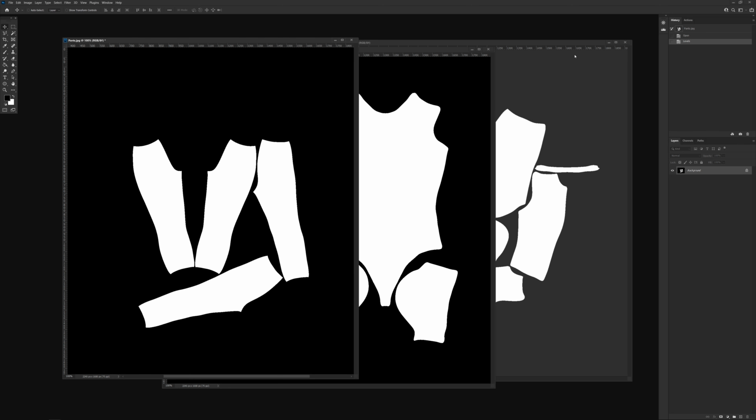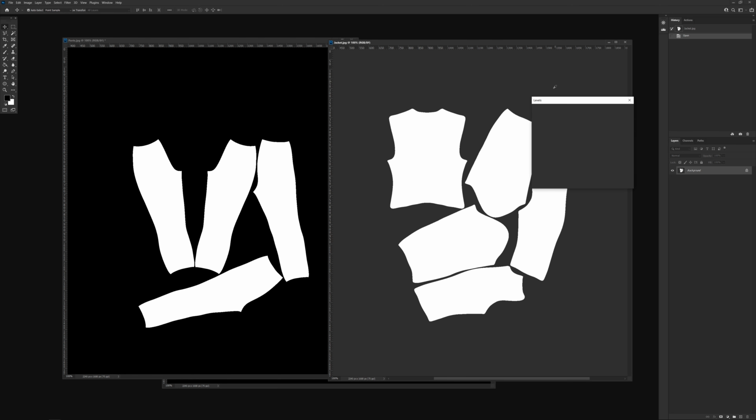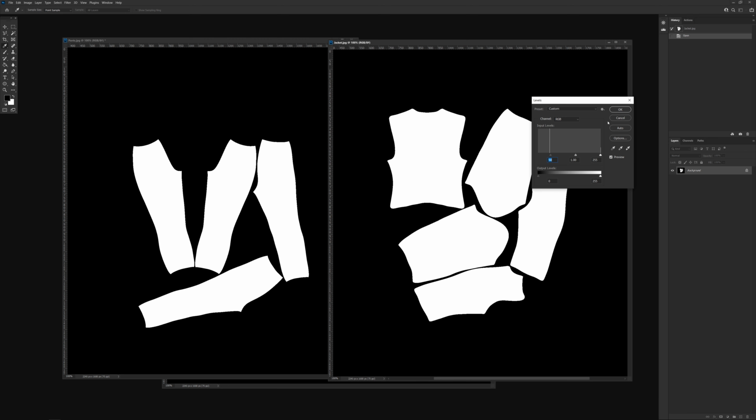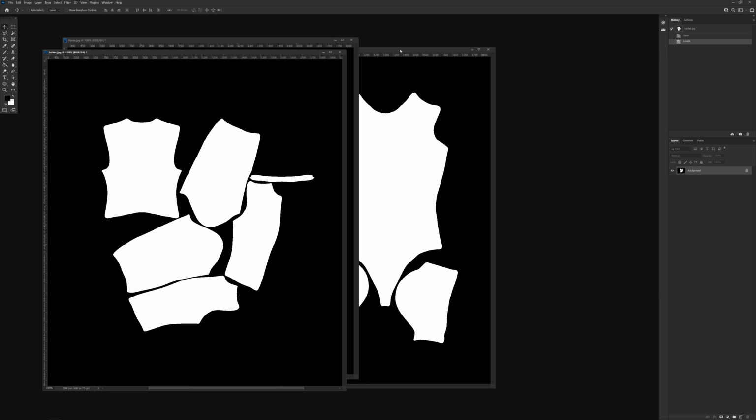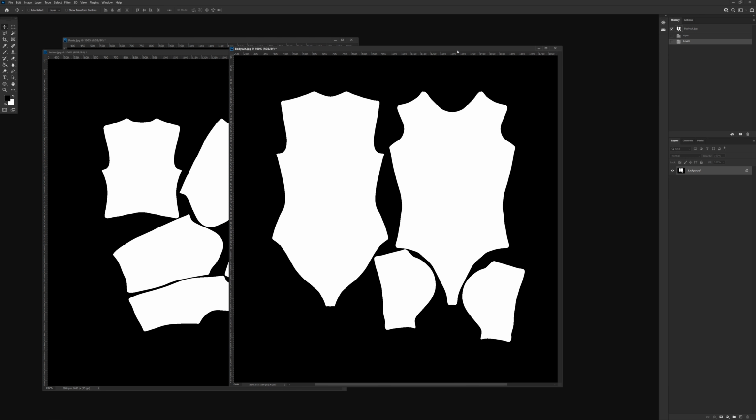Now, I could have just changed this in ZBrush when I exported it. However, it's also not a really hard fix to do here. So here's my jacket, my pants, and then finally the bodysuit. Now, with this character, I can actually go and put these all into a single image to bring into Marvelous Designer. But a lot of the times when I work, I'm not just thinking of this character,